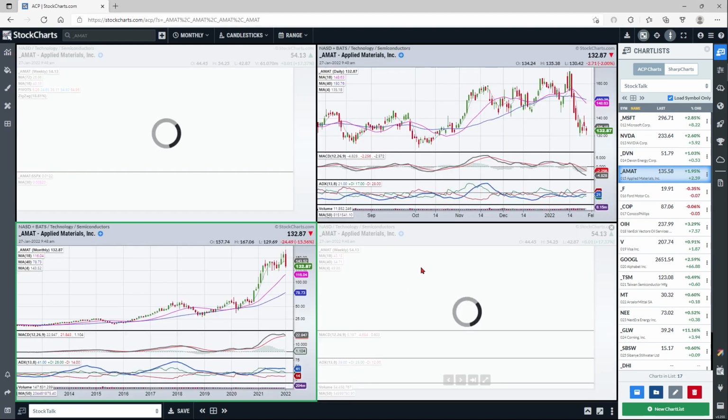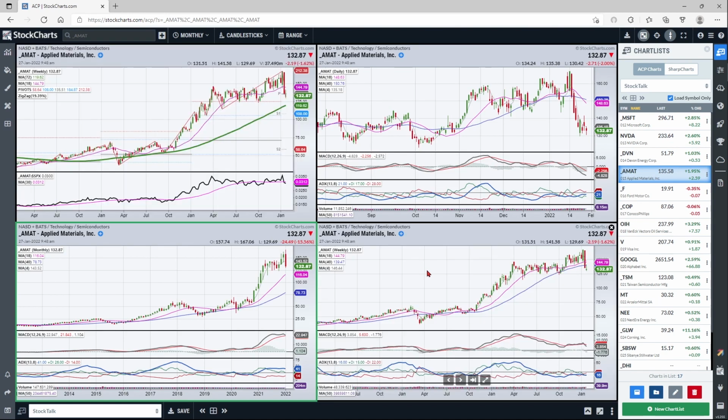So Applied Materials. I find this to be pretty disturbing, the way this is traded. This has been a real leader. Notice the relative strength has started to tip over and break through its moving average line. I use a 30 MA here, and it's come back down through that line after trying to break out. Really ferocious selling 3 weeks in a row.